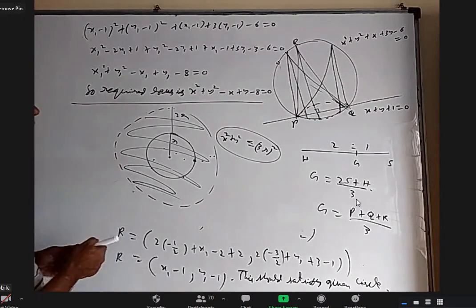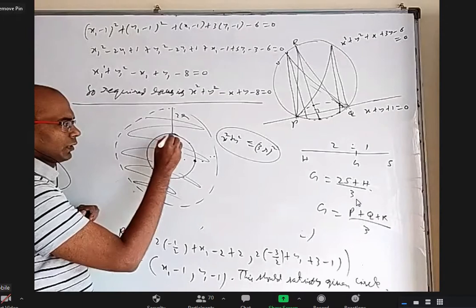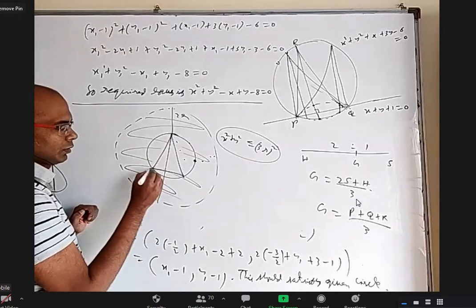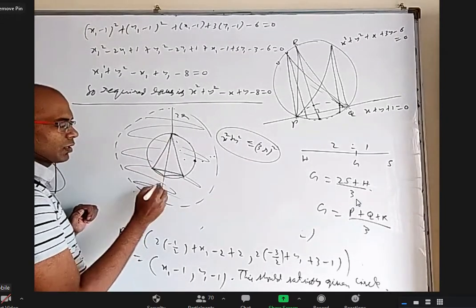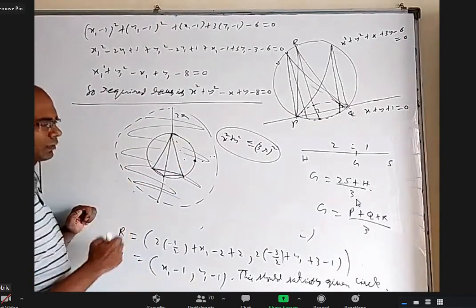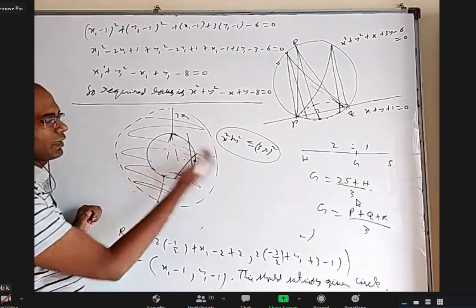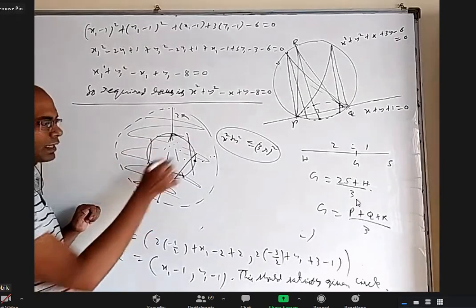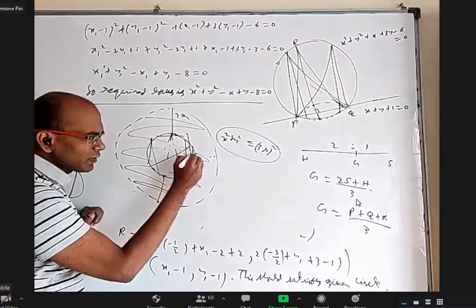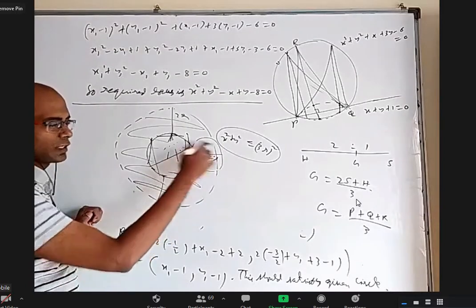Okay. How this came is very simple. Every point inside can be orthocenter. If you take a triangle like this, for this triangle the orthocenter will be the mirror image of this, which will be outside. And for this triangle, the orthocenter will be the mirror image of this, which will be inside. It is like saying, you take a chord, find the mirror image with respect to it. Take another chord, find a mirror image. Take different chords, like we had done in the present question, and find the mirror image of the circle. When the chord is very close, almost like a tangent, the mirror image will be almost outside, right?